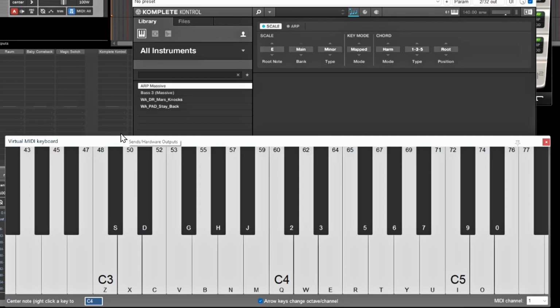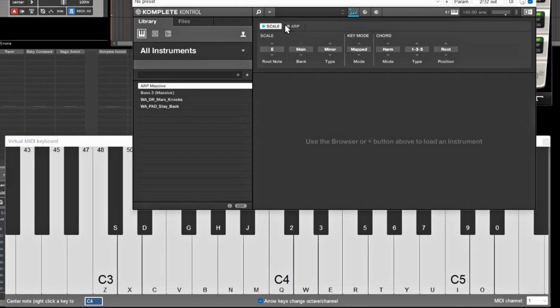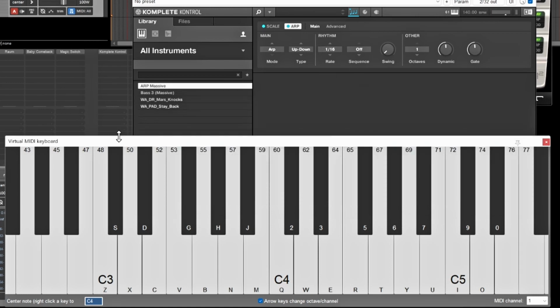Like I said, you can put this on any instrument. I believe this is super dope. And you can actually add it for the arps as well. So if I want to turn on arps, right? And let's go up and down, leave it on the 16th. So if I go and play a note from my typing keyboard,